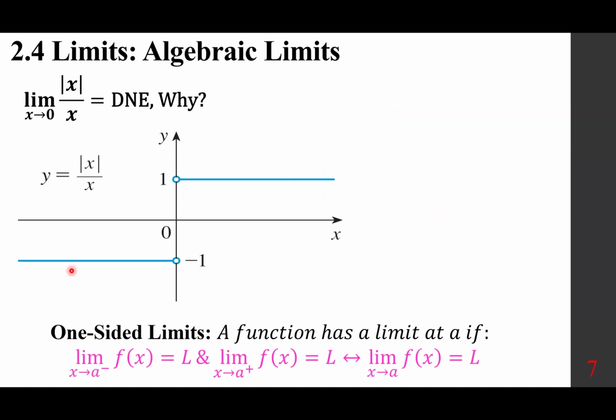What is the limit of the absolute value of x over x as x approaches 0? It does not exist. Why is that? Let's look at it from the point of view of the graph, because it's given for now. Why is the absolute value of x over x? As x approaches 0,